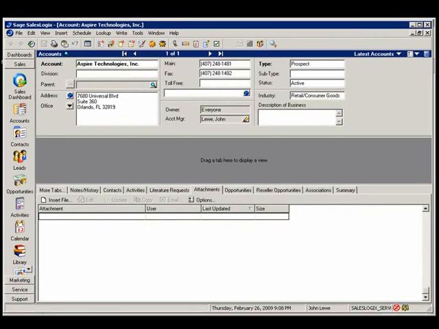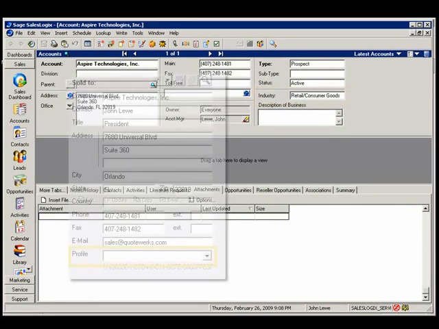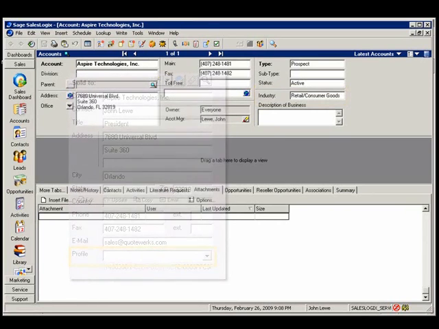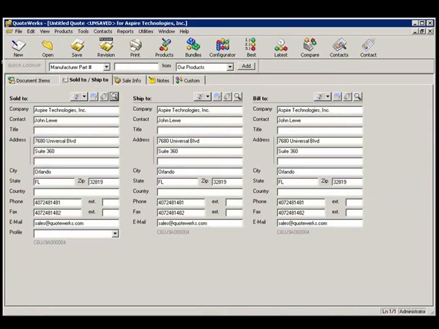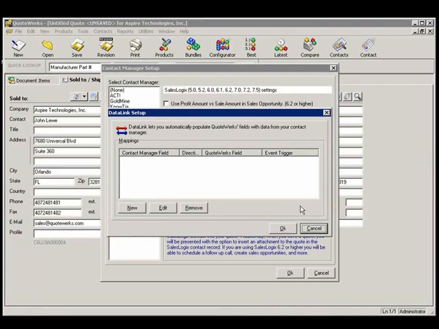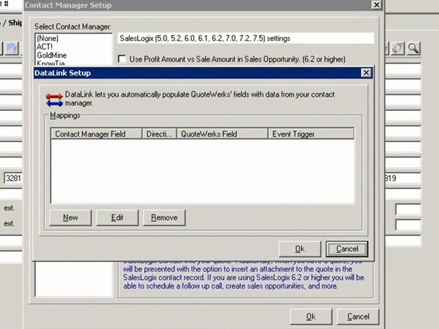To create the data link, first verify your contact in Saleslogix has the additional data you'd like to pull over. For this example, we want to pull the industry field from the account into the profile field located underneath the Sold To fields on the Sold To Shipped To tab. Next, select the Contacts, Setup Contact Manager menu. Click on the Data Link Setup button, which opens the Data Link Setup window. Click the New button,